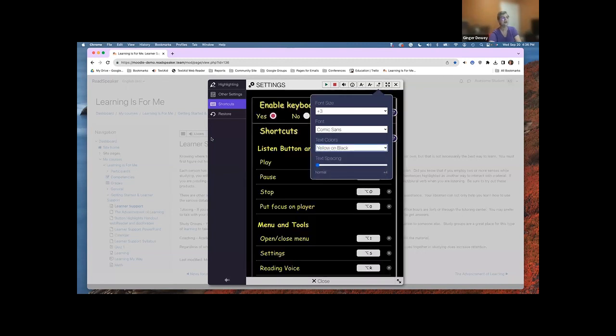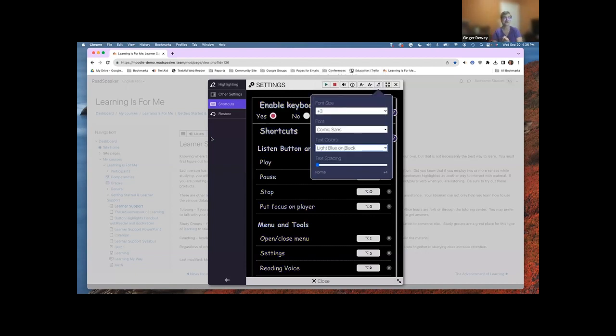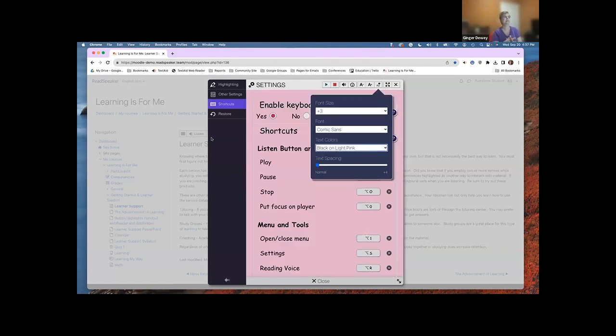To me, that is hard to read. We also have light blue on black. That one's easier to read. And from what I understand about students with vision problems, they tend to need the black background with another color overlaid. I don't need that. So I'm going to go up and I'm going to use my favorite, which is black on light pink. The next thing we have